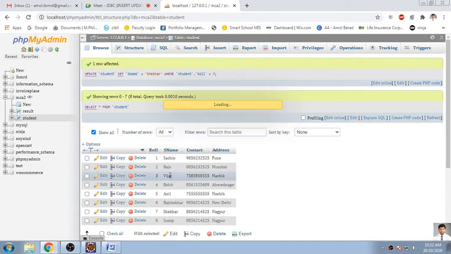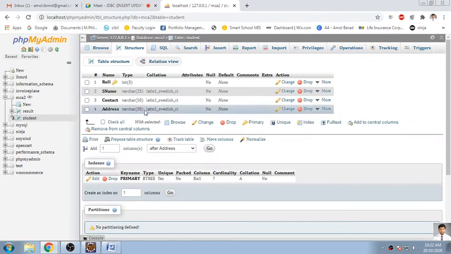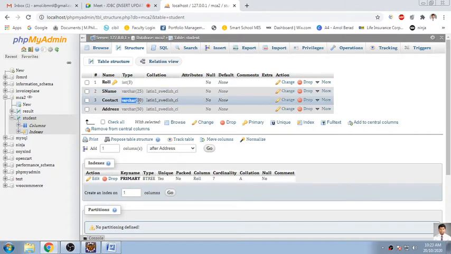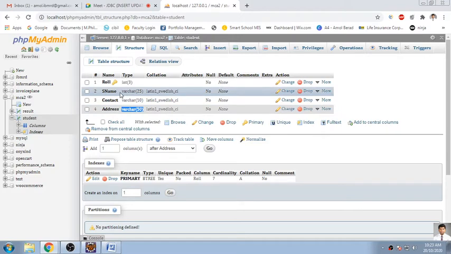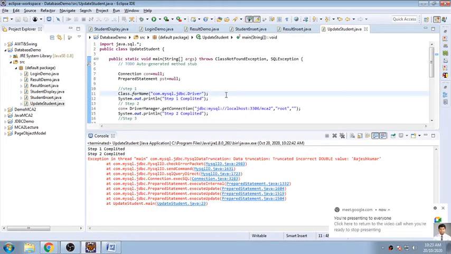Structure, I want to check it. Roll number is integer, name is varchar, contact is again a character. So as far as design is concerned, we have entered like this.